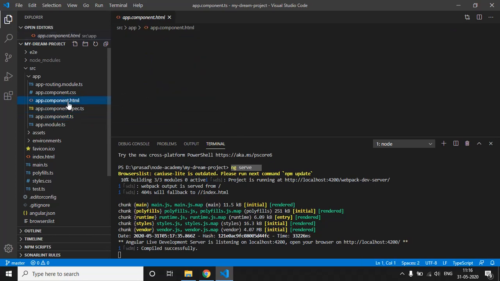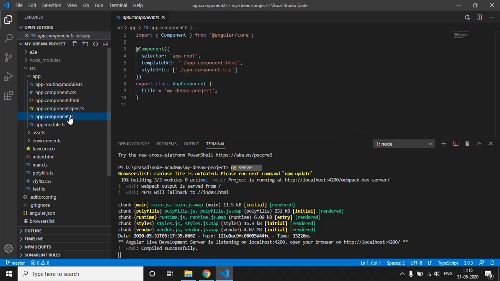This HTML file and this TS file are connected with each other by using this @Component decorator. It means that for this class, the template is app.component.html. Whatever functions we write in this app.component.ts file can be used by this app.component.html file. This is what it means.